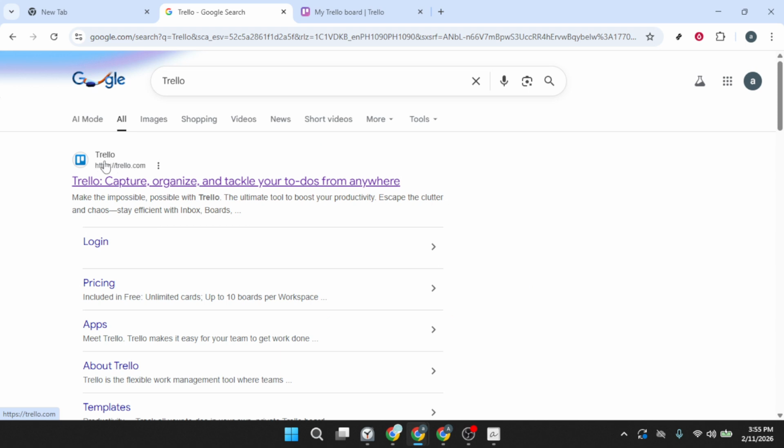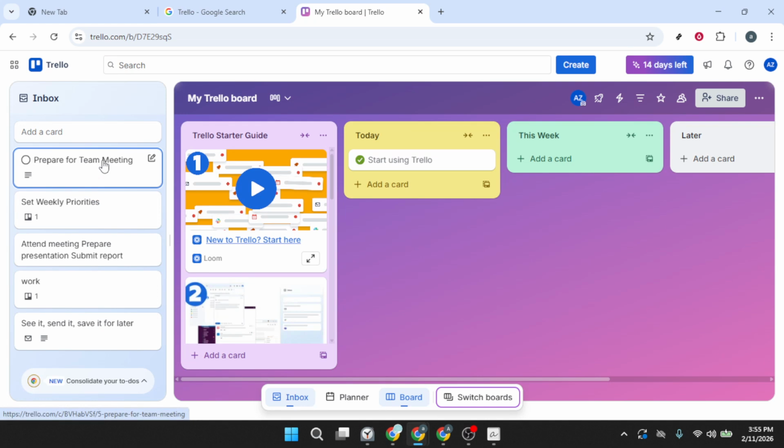Before moving on, make sure you're in the correct workspace and on the board where both cards live. Linking works best when you have access to both cards, even if they're on different boards. If you switch between multiple workspaces, quickly confirm the board name at the top of your screen so you're connecting